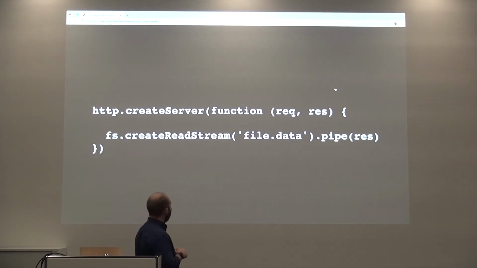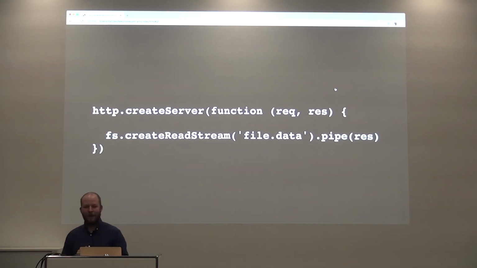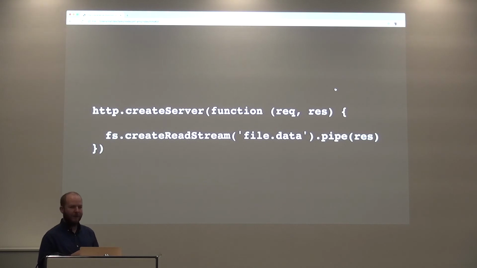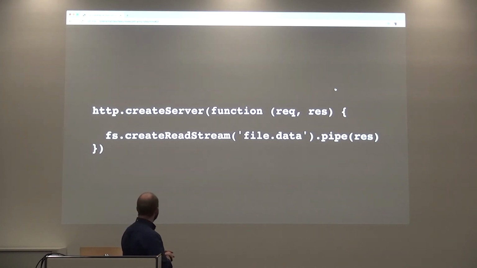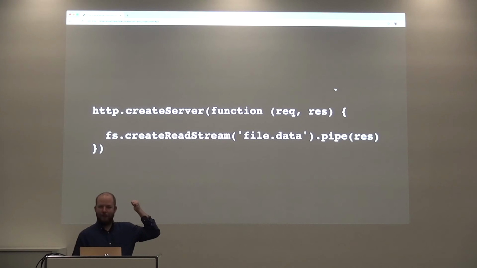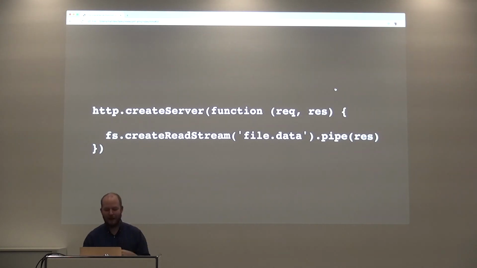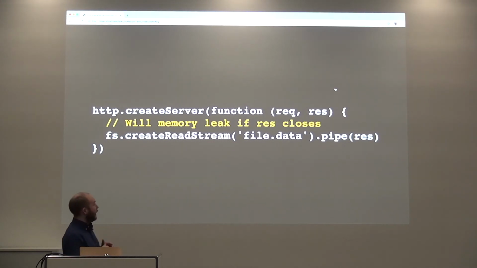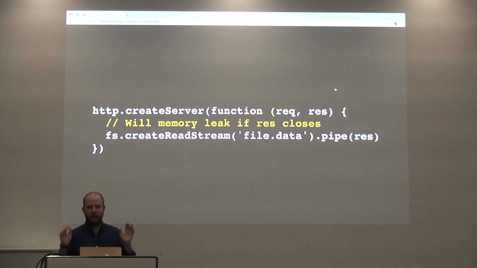So this one ties everything together. This used to be the number 1 example on the Node website. When you go into Node, you're like, Node is cool, and you had those big files, you can just pipe them out. You can write an HTTP server in 3 lines of code. It looks like this. So this thing has a massive bug. I don't know if you can spot it. You probably can't because you haven't read all the stream code I have. So this has a massive memory leak. Basically, if there's any kind of error reading that file, or the file doesn't exist, or anything bad with the file system, this will memory leak.